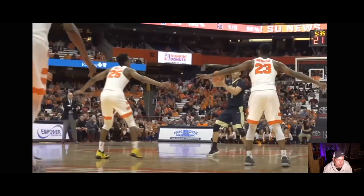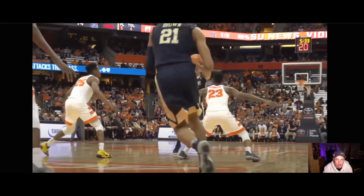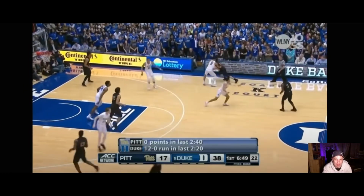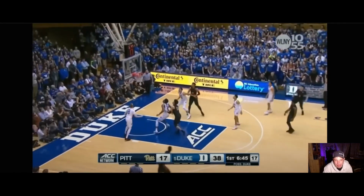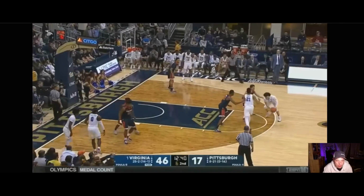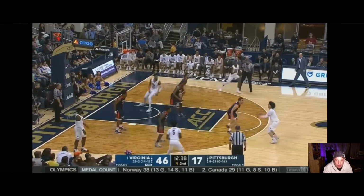Money. Same thing, splits the defenders right here. Nobody gets a hand up, and when nobody gets a hand up, he drains it. Now just remember, this is 2017 and 2018. He's a freshman. Here he is against Duke. Step back, 23-foot, drilled. Another one, dribble, shoot,